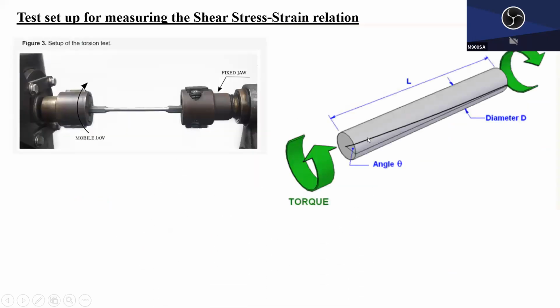Okay, the previous slide was talking about the tension testing, right? Then the next question is, how can we measure the stress-strain relationship for shear deformation? The easiest way is to create a dog-bone shape like this. Here is a cylinder, and here will usually be a hexagon shape, and put it into a gripper and gradually rotate.